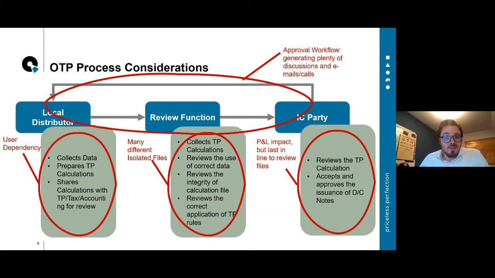If you look at the review function, an issue or a bottleneck is that, in the case of more LRDs, the review function gets many different files, and the work is more about understanding what's sitting in this Excel file, or what's going on here, and every time it's a puzzle again. And that's not even mentioning the archiving